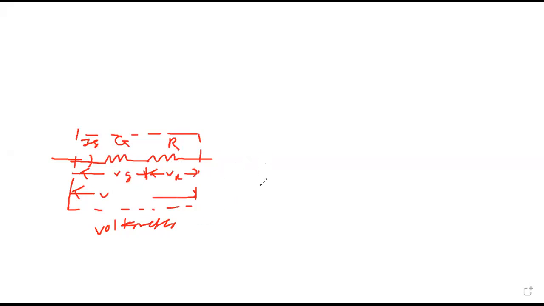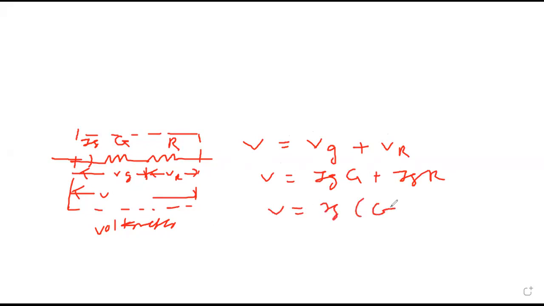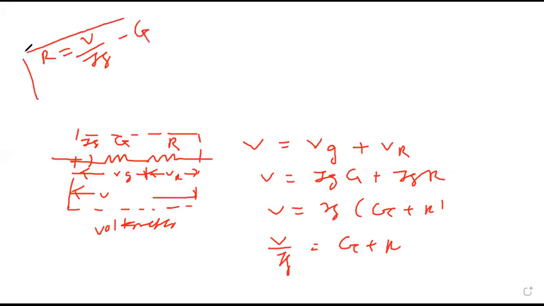So for the voltmeter, we can see total voltage is across the galvanometer and across the series resistance. Because it is in series, the same current will flow throughout. So V equals Ig into (G plus R). So V upon Ig is G plus R. From this I can say R equals V upon Ig minus G. So using this formula we can find the series resistance R to convert a moving coil galvanometer into a voltmeter. Please copy this.